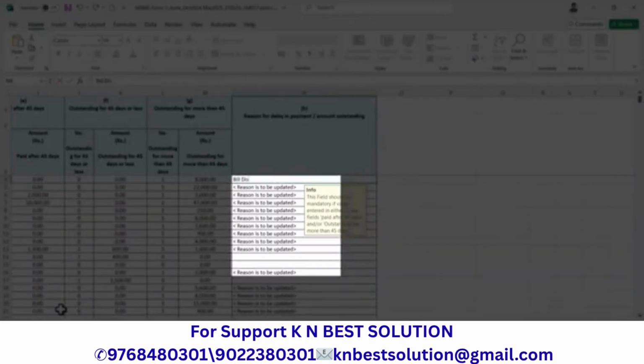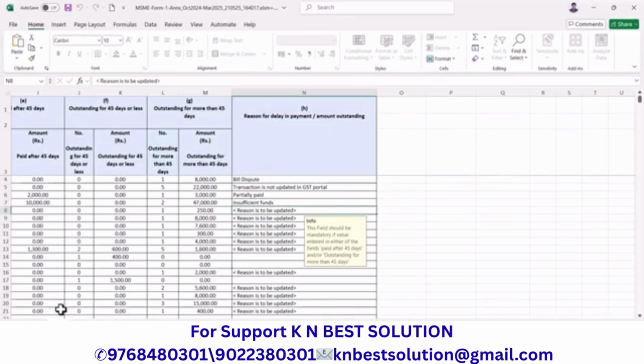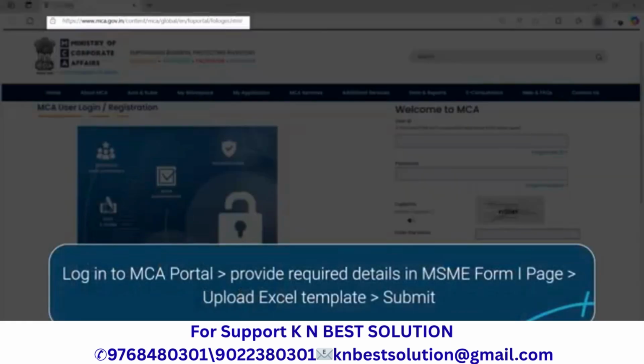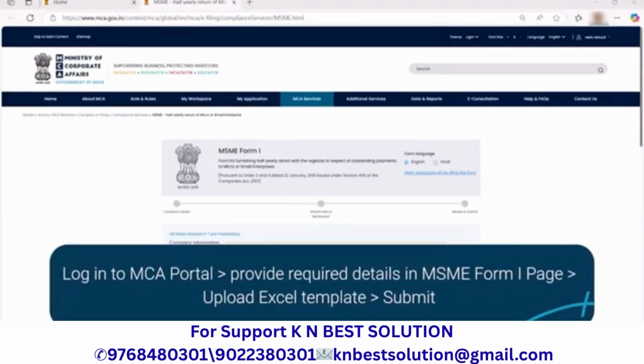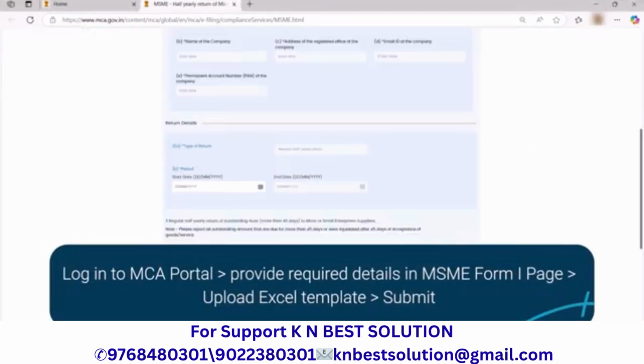Update the relevant reasons under the reason for delay in payment or amount outstanding column as applicable against each MSME party. Press Ctrl S to save the file. Log into the MCA portal and upload the MSME Form 1 Annexure Excel template.